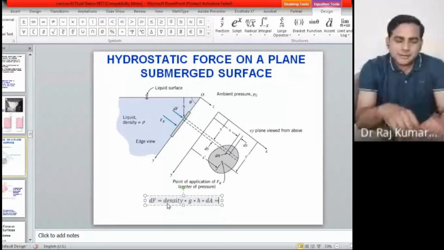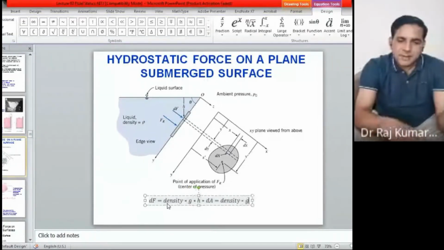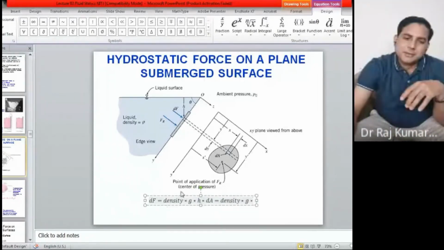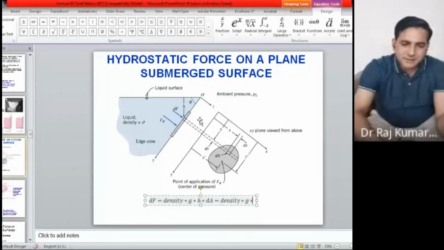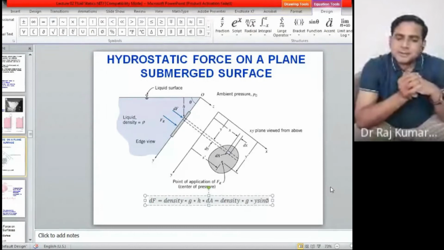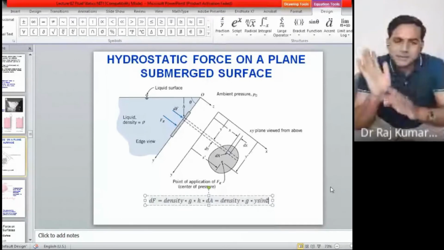Now you can expand it further. Density is just density. Then you are multiplying by g. Now can you convert this h in terms of y? Here theta is given. How much would h be? From the figure, y sin theta. So you can write this as y sin theta actually. I will take the theta symbol here for the file. Okay, so you got this. This is your pressure. Now you have changed h into y sin theta.